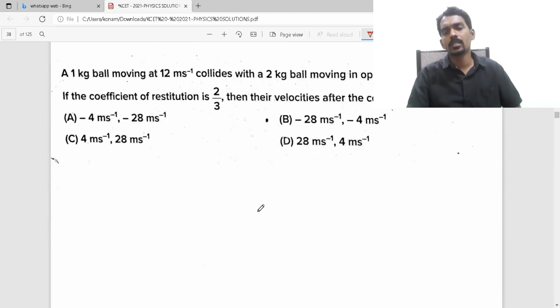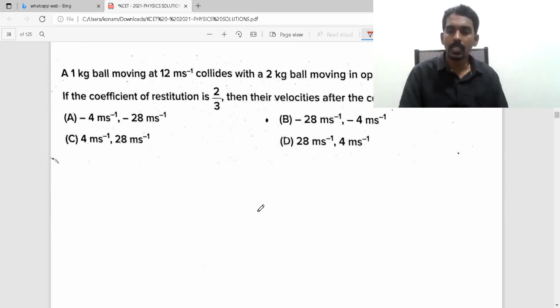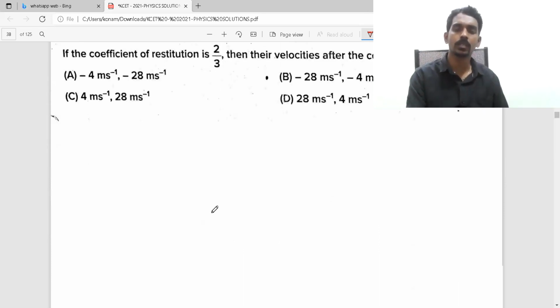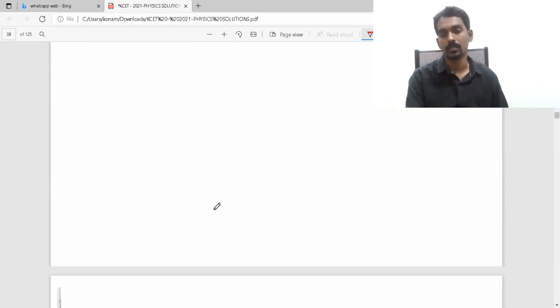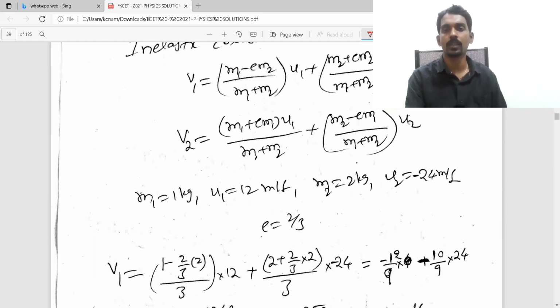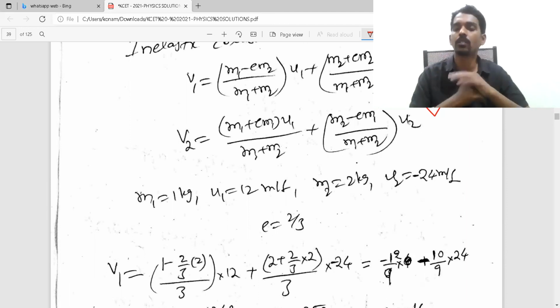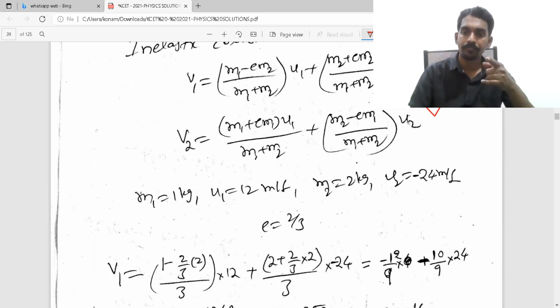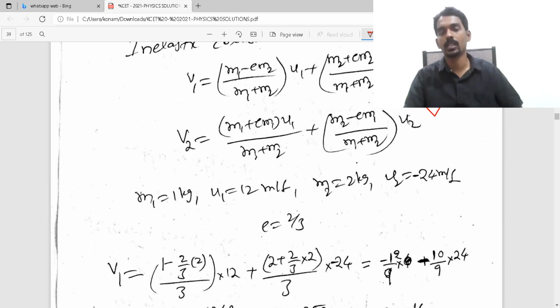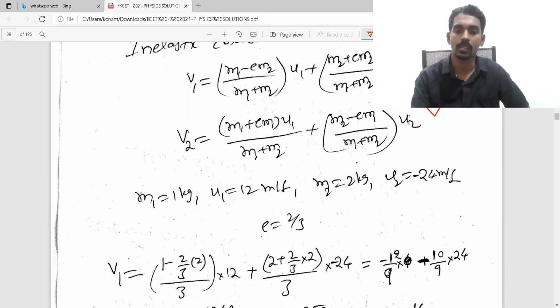Now the question is based on elastic collisions. As they have mentioned coefficient of restitution in elastic collision, but here you have to take simply the formulas. The formulas of final velocities after collision, V1, V2. So here I have given the formulas also. If you know these formulas, then they have given M1, M2, U1, U2, everything they have given. Just take the formula and substitute. E value also they have given. Not a big deal, but look at the formula size. It's not that easy. 1 plus or minus, if you mix up the E value, then also you will not get the answer correctly. That's why take care.